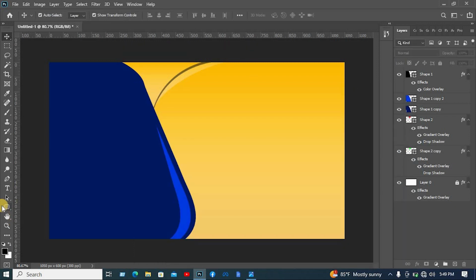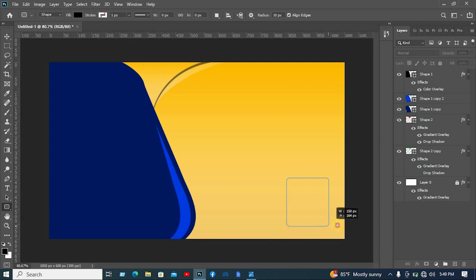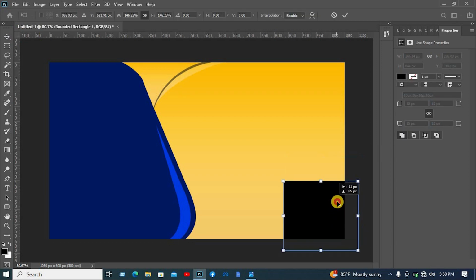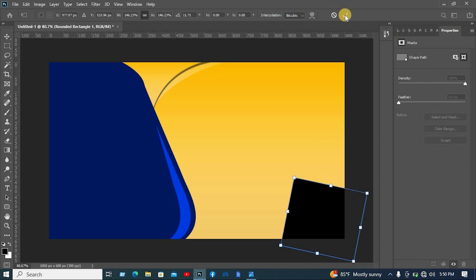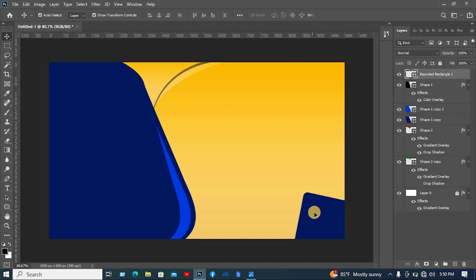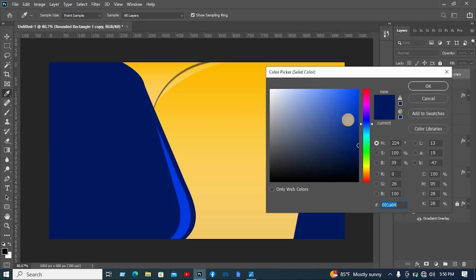Then I have to select these, then select the rounded rectangle tool from here, then draw this shape in here, then select this, then increase the size of this, then drag this in here, then increase the tick mark, then go to the layer panel, then select this, then drag this in here, then press on Ctrl key, then take it from this, then double click on here, then select this color, then select this color from here,